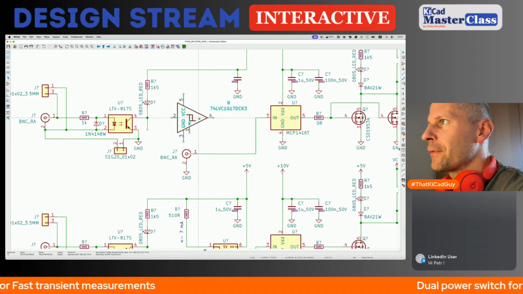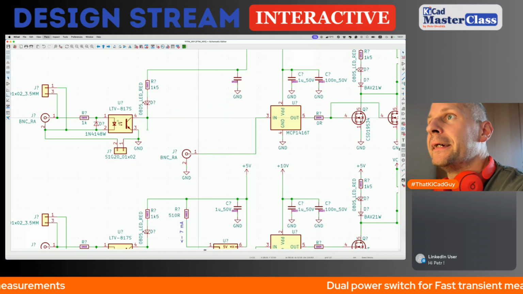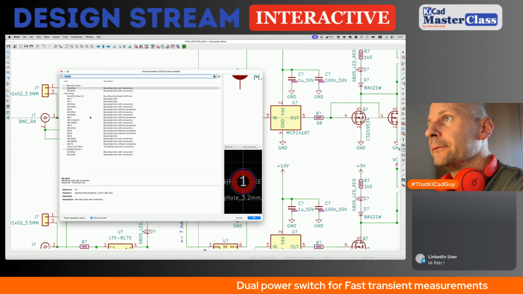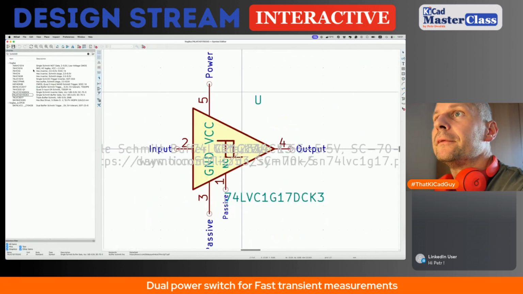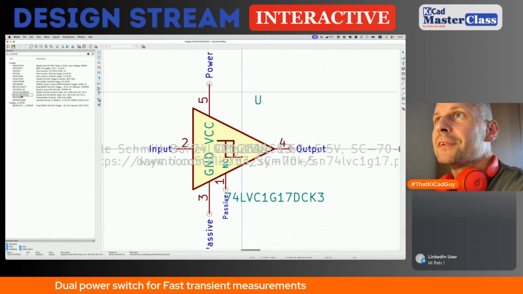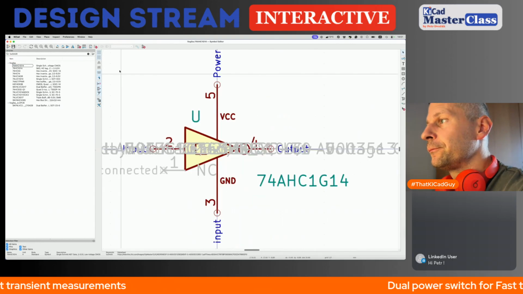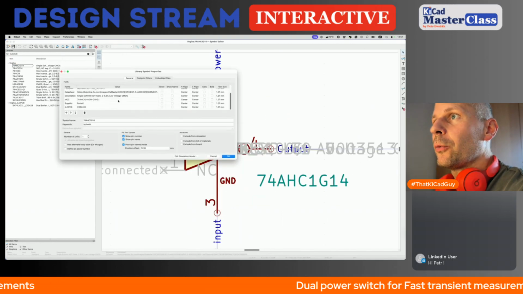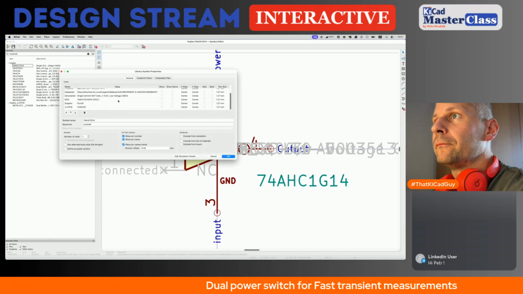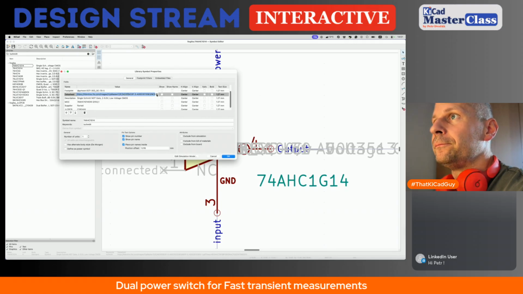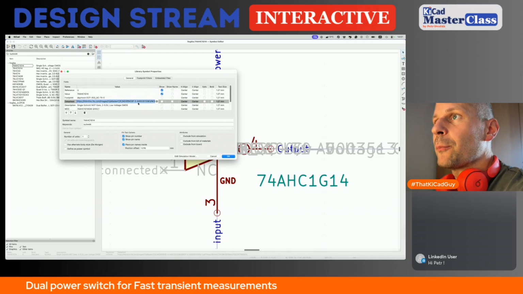So we need an inverter, not a buffer. So we need not 1G17, but we need 1G14, which is our inverter. This is the same package,